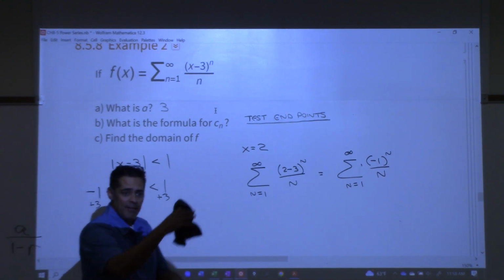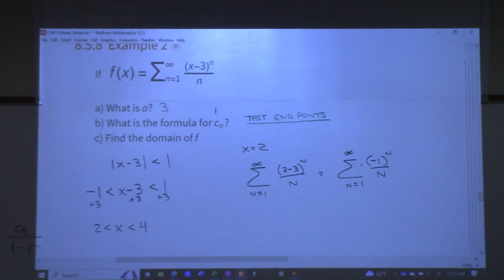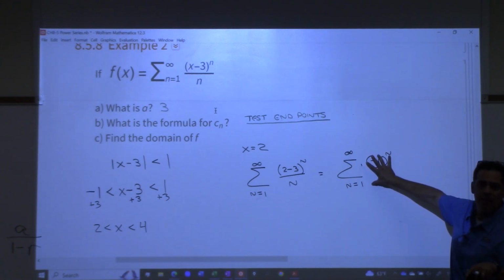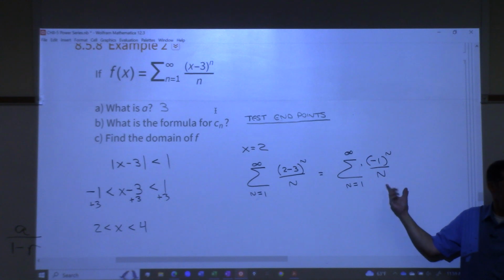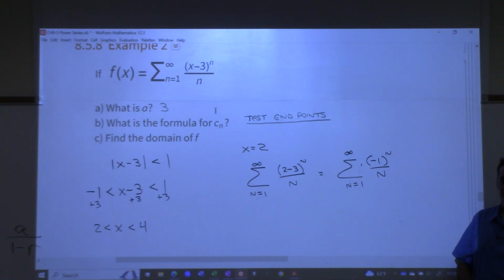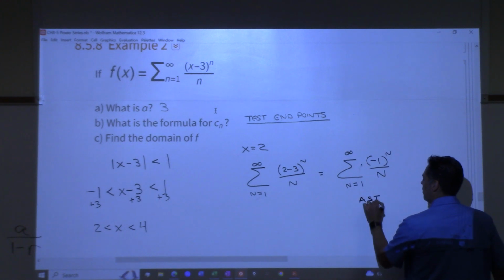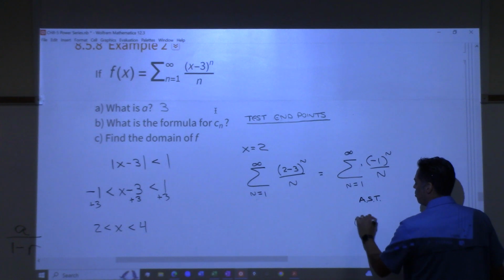So now we're back and we have that list of tests. What test would you like to run on this? Can't do comparison, because to do a comparison the terms have to be positive only. Comparison requires that the terms are positive only. So can't do comparison. Alternating series test. Why? Because it alternates, right? So that's what we want to use. So how does the alternating series test go? There's 2 things I have to show. First, I have to show,